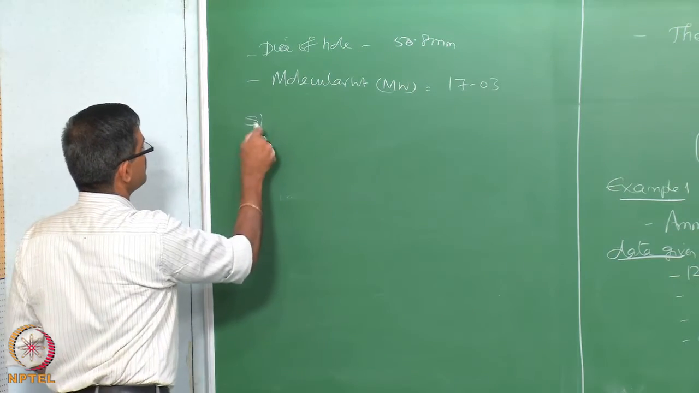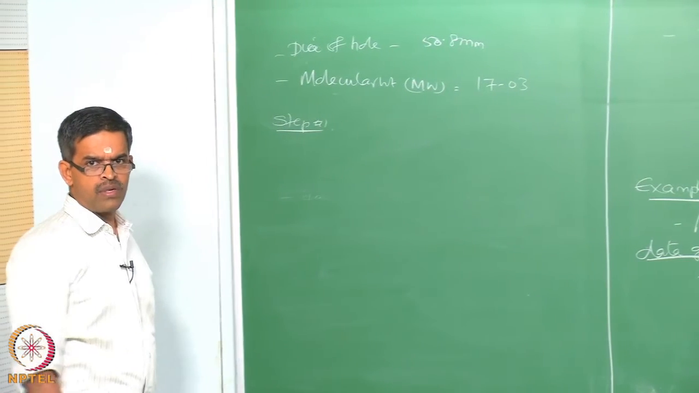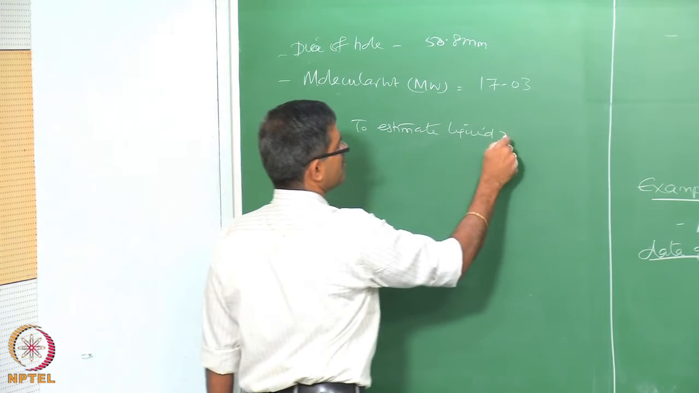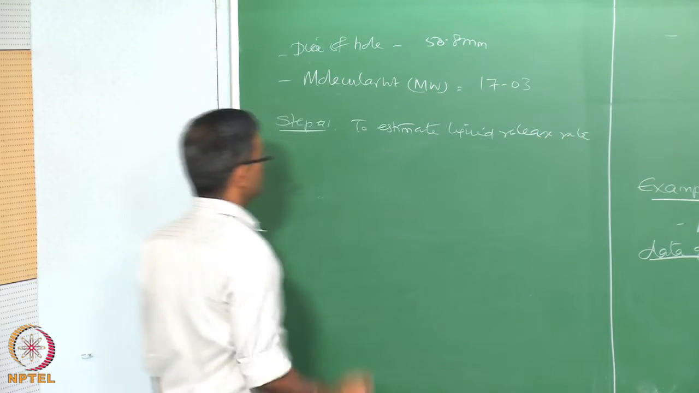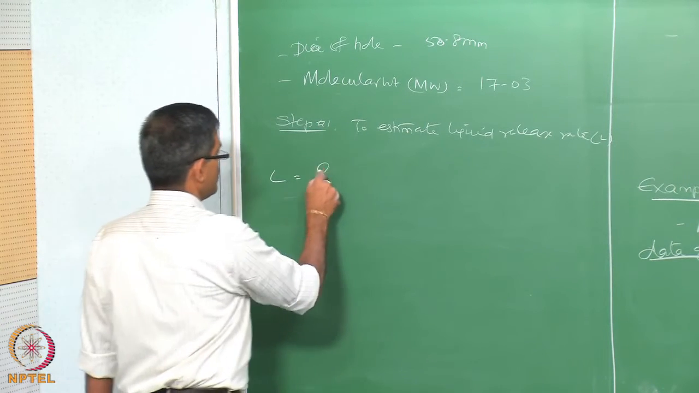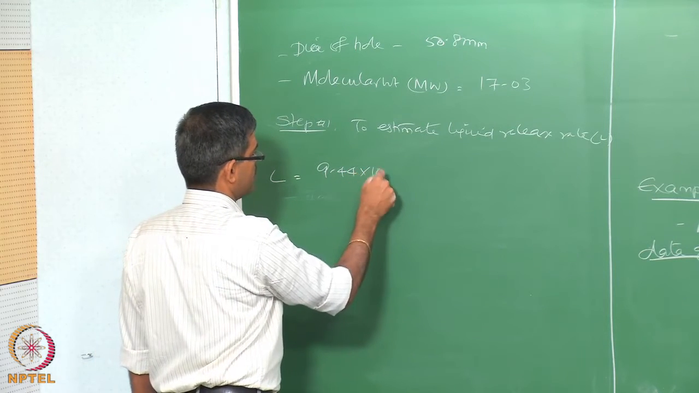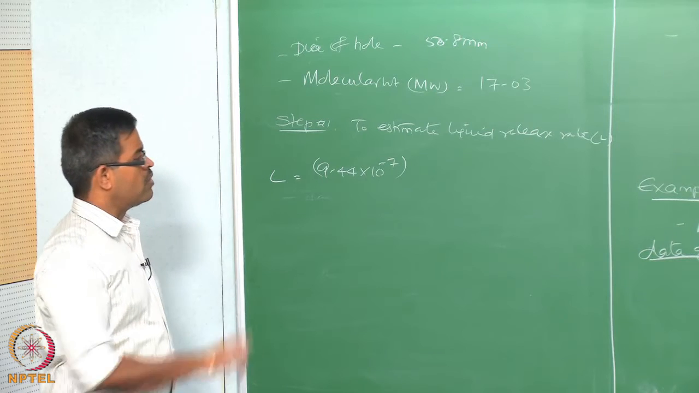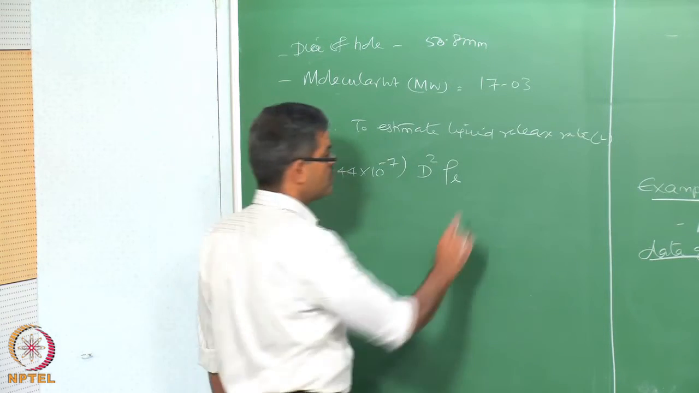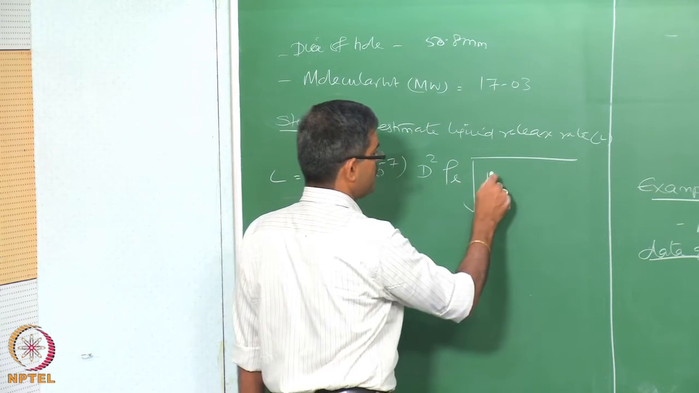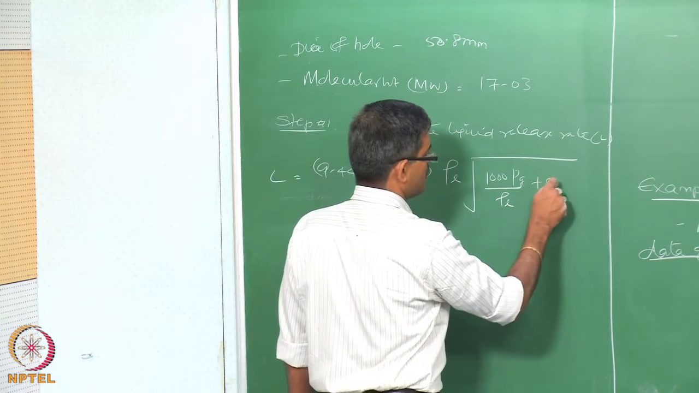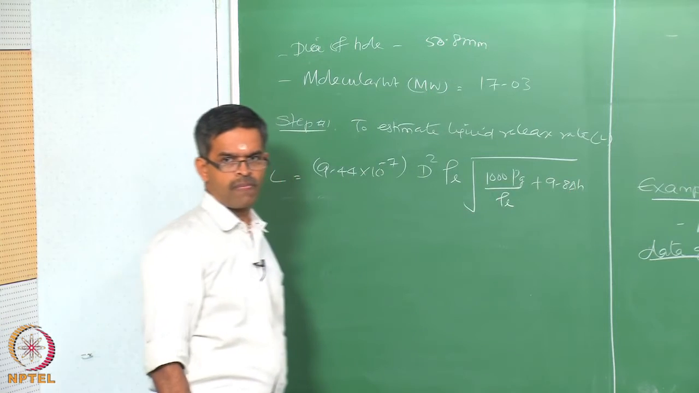So, step number 1, I have to estimate the liquid release rate. Let us say L. L is given by the equation, if you refer back to the previous lecture, 9.44 10 power minus 7. It is a constant which is converting all those dimensions with respect to the units. So, d square rho L root of 1000 Pg, the gauge pressure by rho L, plus 9.8 delta H, in kg per second,